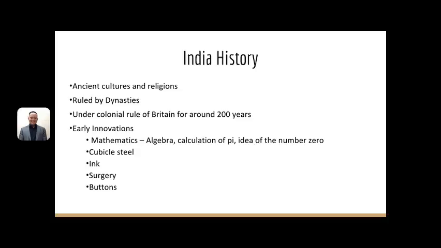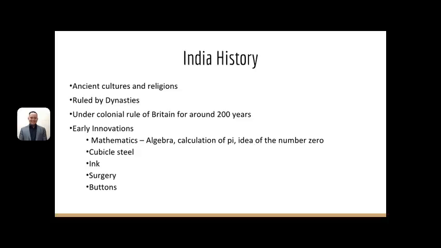There are three main religions in ancient India: Hinduism, Buddhism, and Jainism. They were ruled by great dynasties such as the Maurya, Gupta, Maratha, and Chola dynasties. India was under colonial rule of Britain for over 200 years,